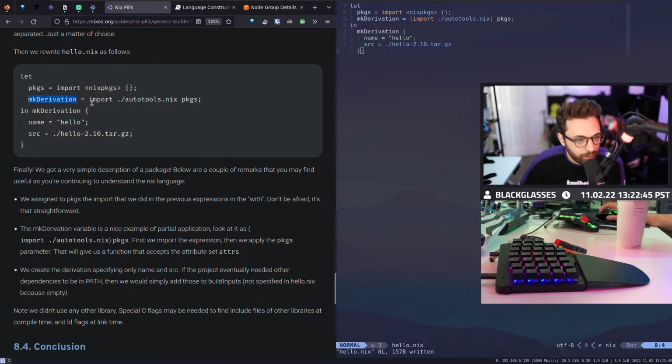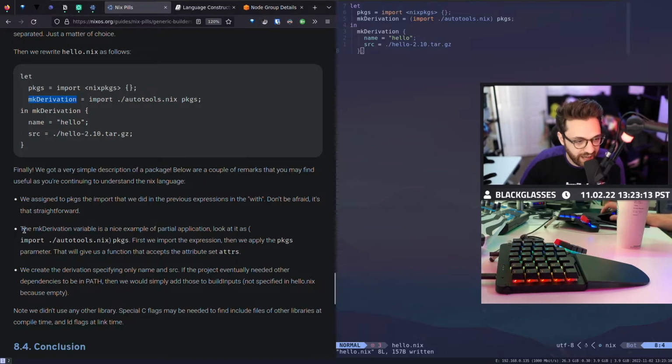And so when we import autotools.nix and this is evaluated, we can then say, okay, well, autotools.nix is going to take the parameter of packages, and that parameter is what we actually add as the value of all of our packages. So in this case, we don't have to do a with Nix or with packages or anything like that. We just provide packages as a parameter to import autotools.nix.